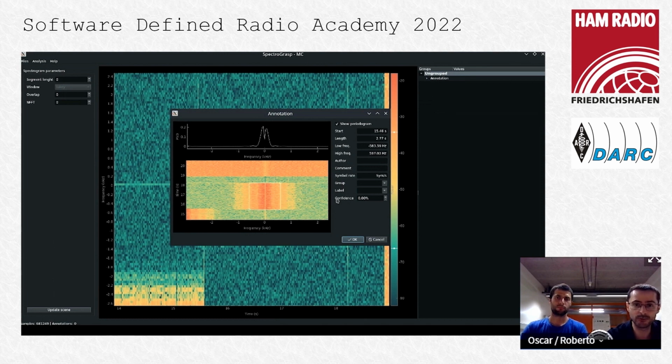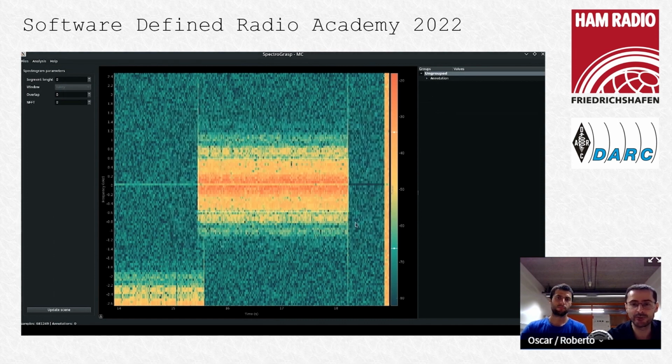You can adjust it to fit better in the periodogram in the frequency domain. You can add an author, you can add a comment. The symbol rate is something that we will speak about later. You can add a group, and you can add the label and also the confidence on the annotation itself. Once you add a label, it will be part of the model, and you can reuse it later for ease. So let's say that we just created an annotation with a label, my label, and a 75% of